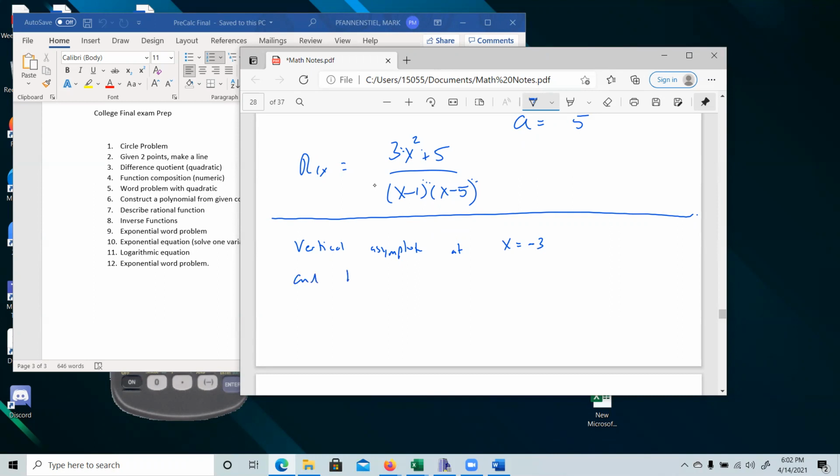And horizontal asymptote at y equals 0. Okay. Let's give it a y-intercept at y is equal to,